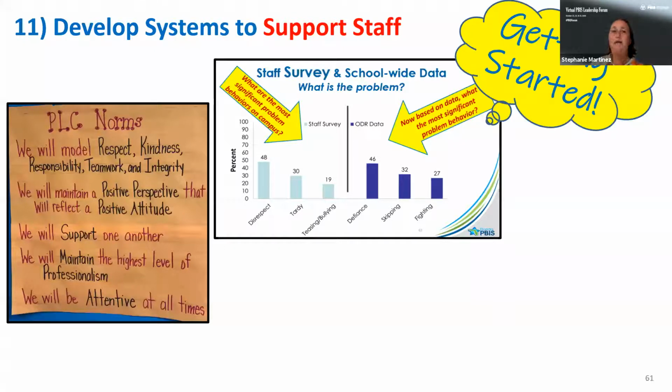If you look at it, the terms disrespect and defiance could be overlapping. I think it just depends on whoever's answering the survey and how they define those, so it could be a great discussion. The next ones are teasing and tardy and skipping. Maybe a lot of people say tardy, but the data shows skipping because we maybe don't collect a lot of referrals on tardies, and teachers feel that impact. But it also could be a difference of definition. At what point at a middle school or high school, when a student's late to class, is it tardy versus skipping? So some really good discussions.